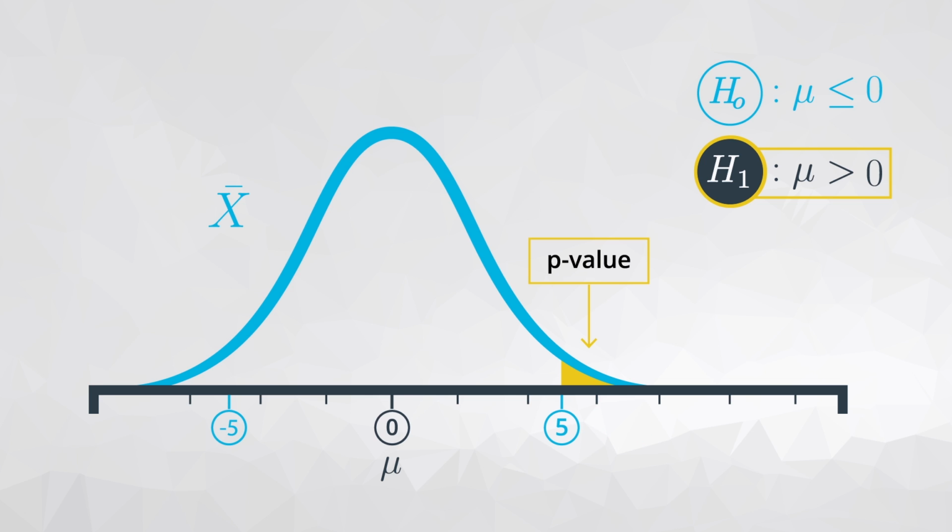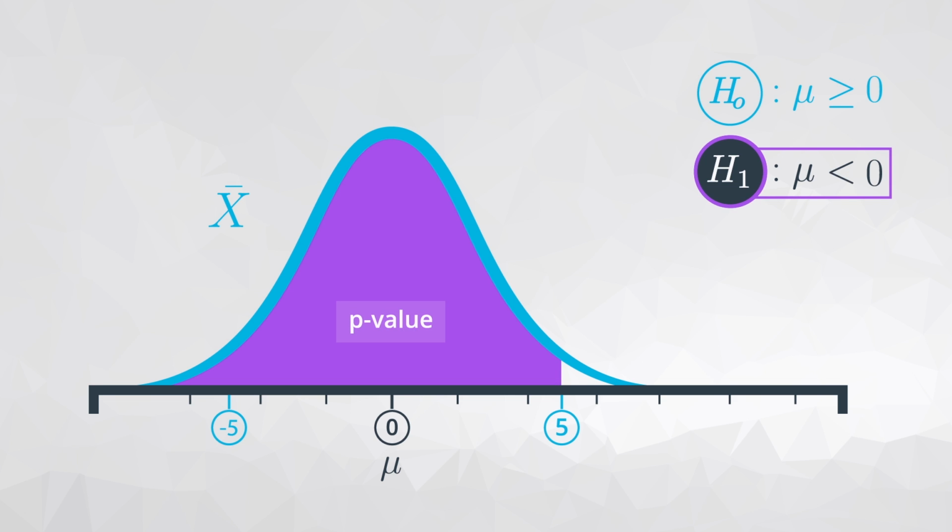Notice the p-value is dependent on your alternative hypothesis, as it determines what is considered more extreme. If your alternative hypothesis is that your parameter is greater than 0, then we shade greater than the statistic, as shown here. However, if we change our null and alternative to look like this, then we shade to the left of our statistic. Our shading for the p-value would now look like this. Notice that this would create a very large probability in this case, as almost the entire distribution is shaded.